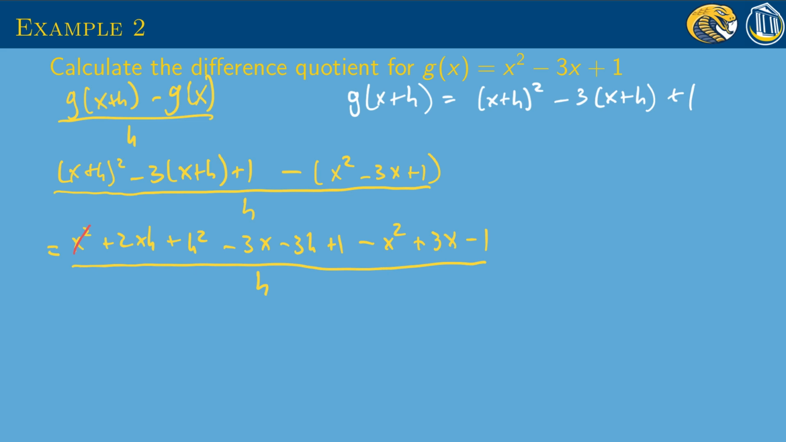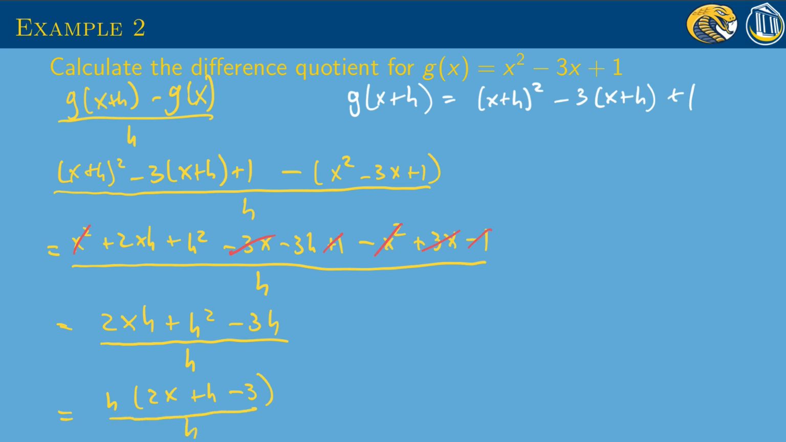We've got an x squared and a minus x squared. We've got a minus 3x and a plus 3x. We've got a plus 1 and a minus 1. And if we do all our math properly, we should notice that the only terms remaining all have an h in them. Specifically, we've got 2xh plus h squared minus 3h all over h. And since everything has an h in it, let's go ahead and factor out an h. That's 2x plus h minus 3